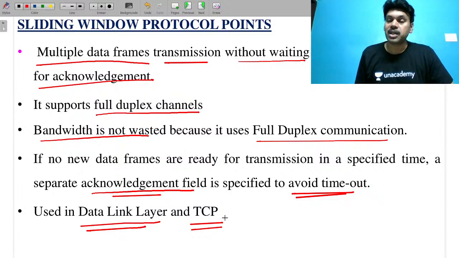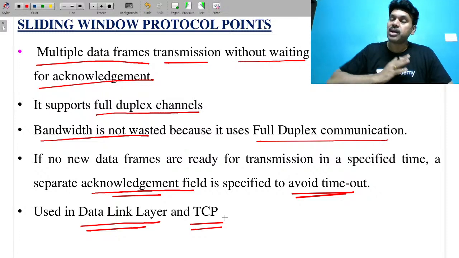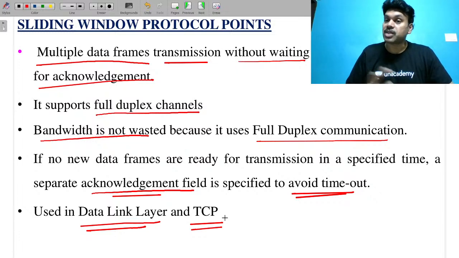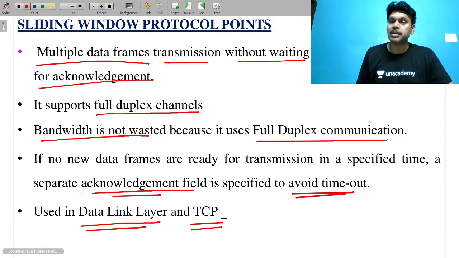Why? Because it has wonderful facilities. Number one, no waiting time at the sender. Number two, link efficiency is 100%. These two are enough. You can prove that this protocol is going to work for longer distances. It can be used for WAN and MAN, so it is not stuck to a shorter distance. It can be used for any kind of network. That is the advantage of the sliding window protocol. I will show you the operation, how it works, and let us see that.